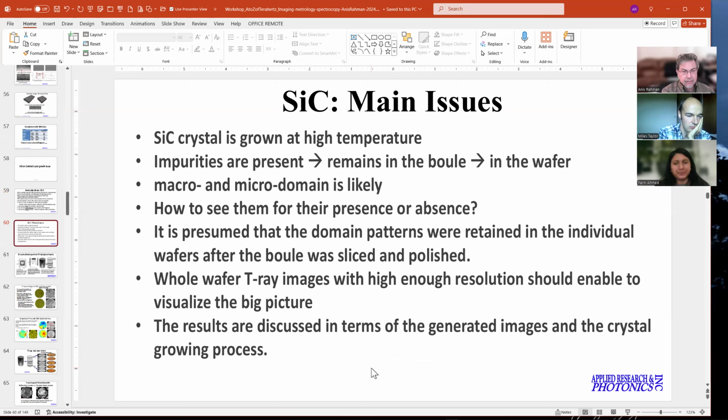Silicon itself is grown at about 1400 degrees Celsius or so, while silicon carbide is much higher, 2200 degrees Celsius, or even sometimes up to 3000 degrees Celsius. Way higher temperature than silicon itself. And because of that,